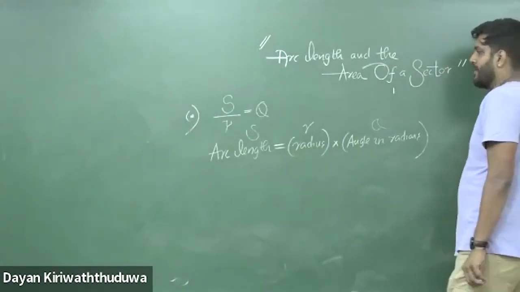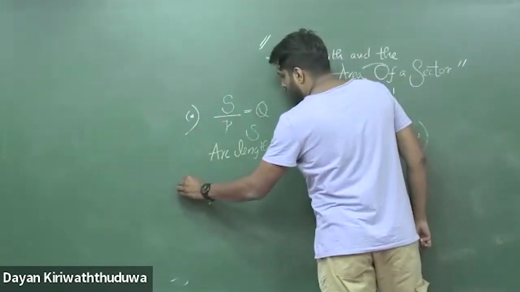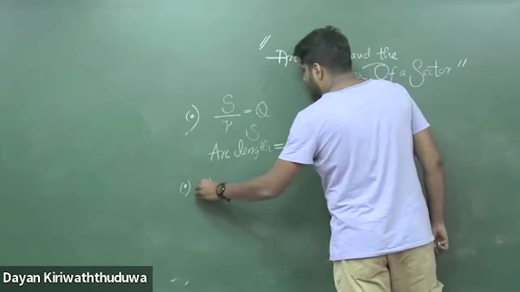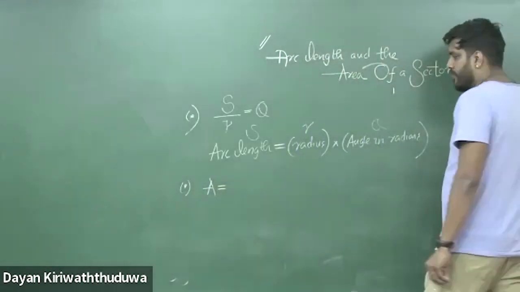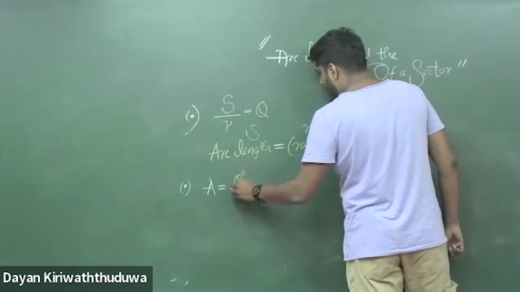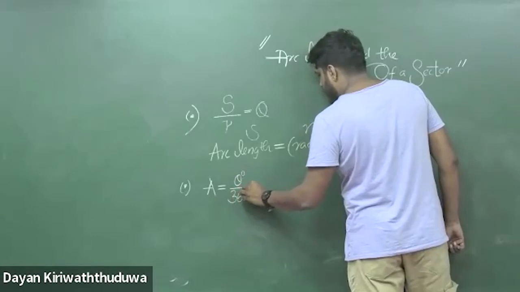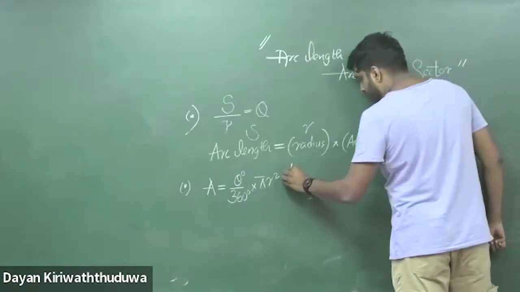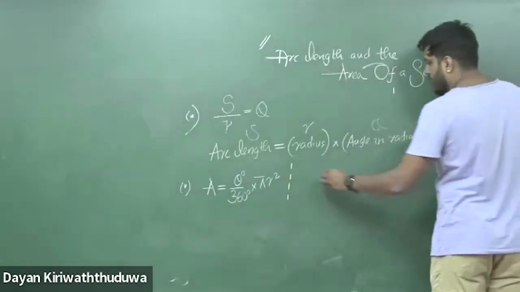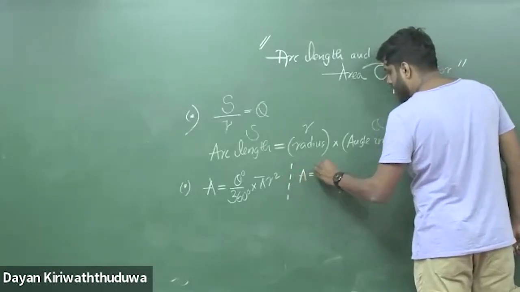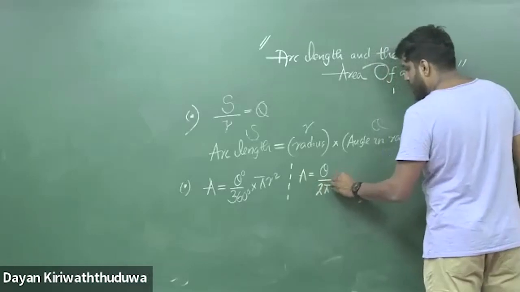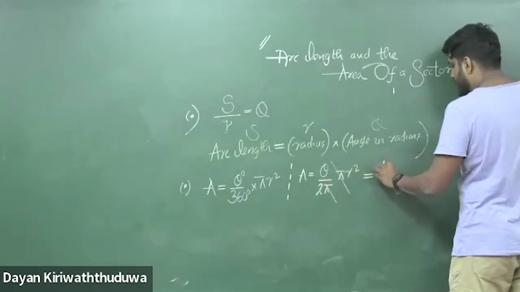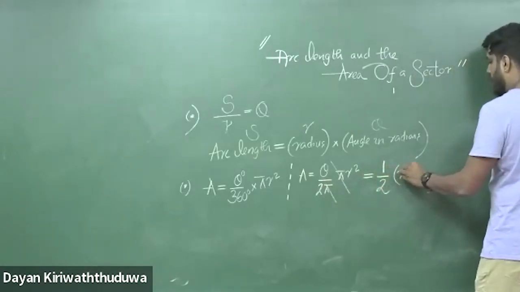Very simple, right? And then we have the area equation. So how is area actually derived? That comes from the basic area concept we used in grade 9. Area is given by the angle in degrees divided by 360 degrees, multiplied by pi r squared, isn't it? So we cover the same concept in radians. Area is given by theta radians divided by 2 pi radians times pi r squared, and surprisingly pi gets cancelled. There you get a nice equation, half radius squared